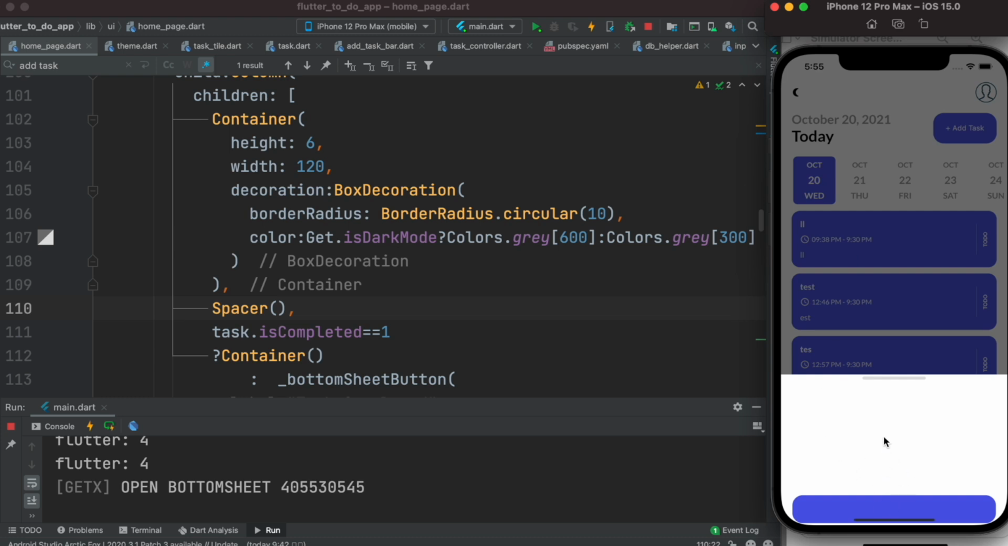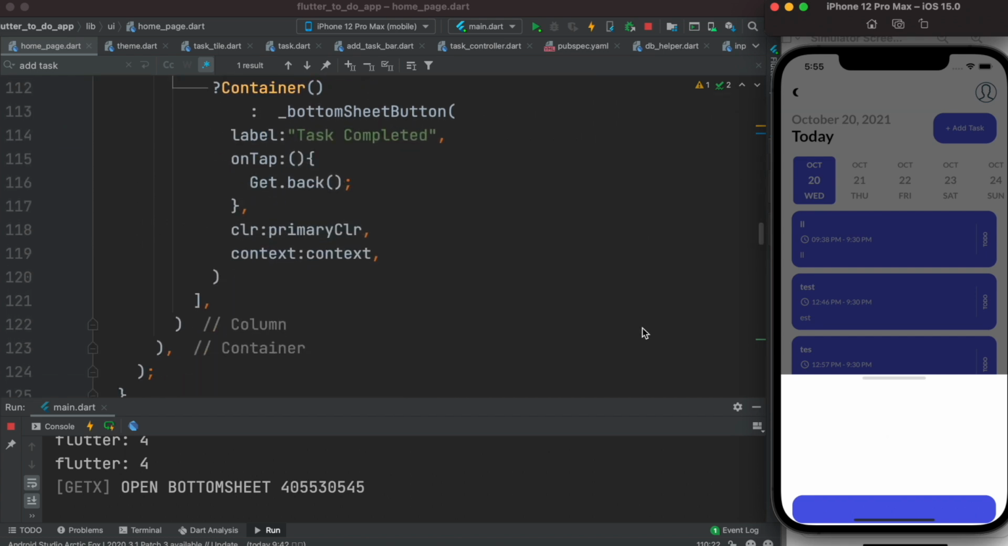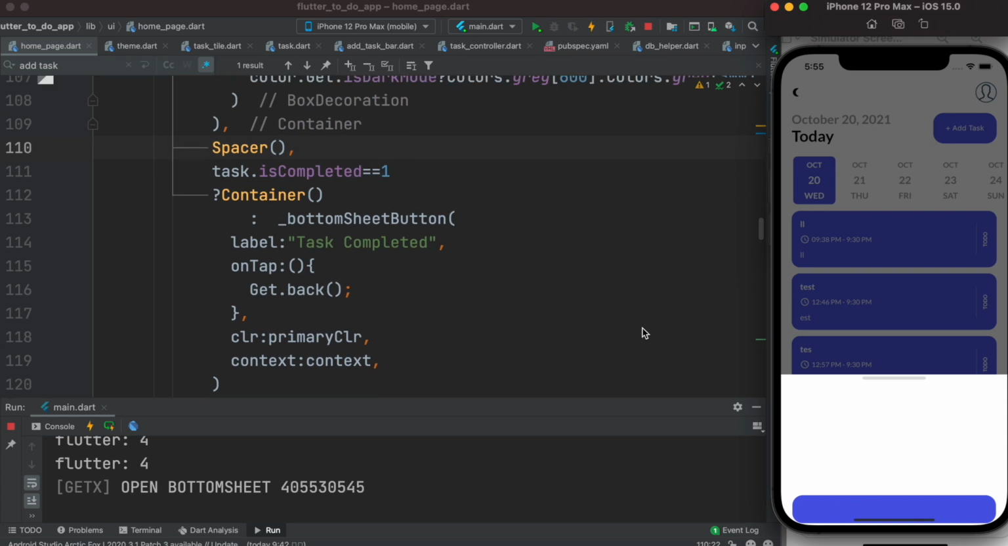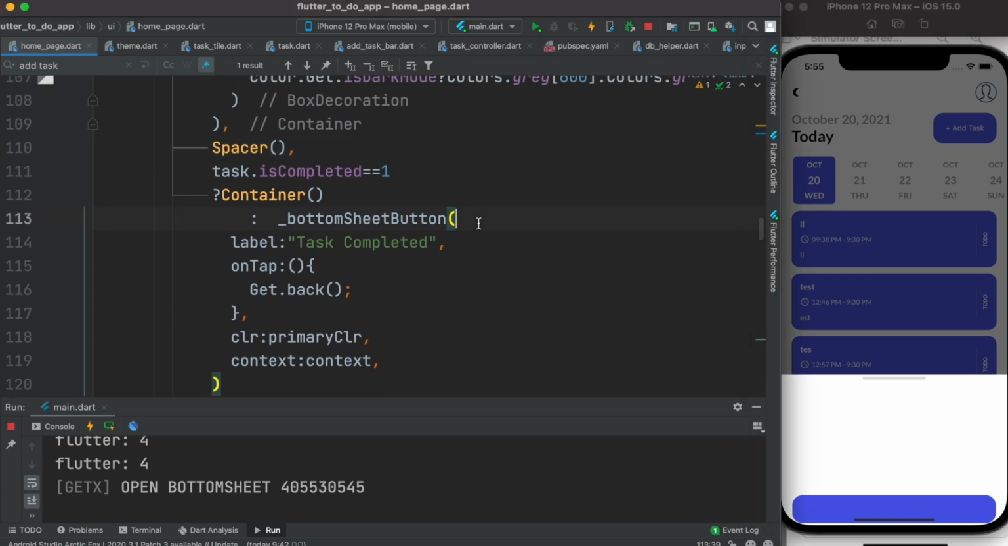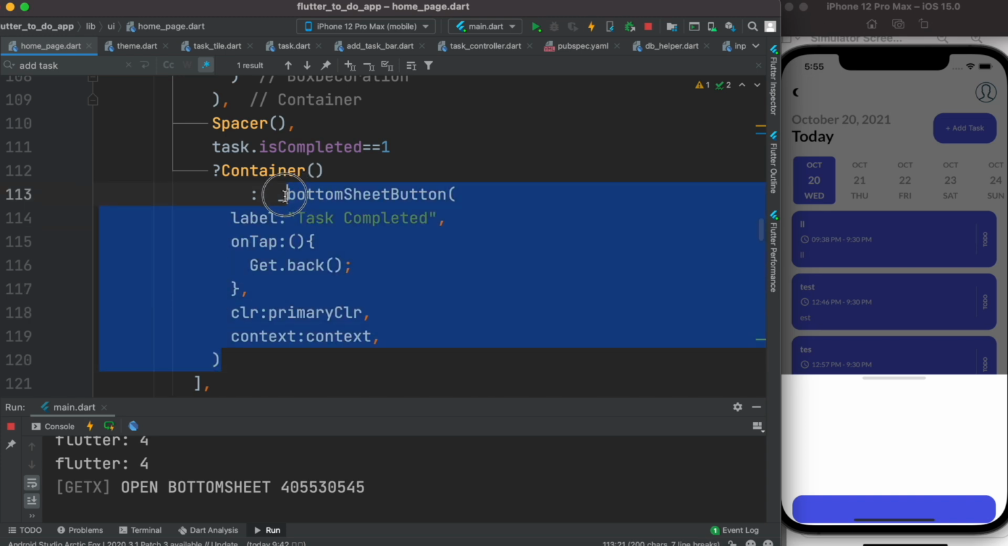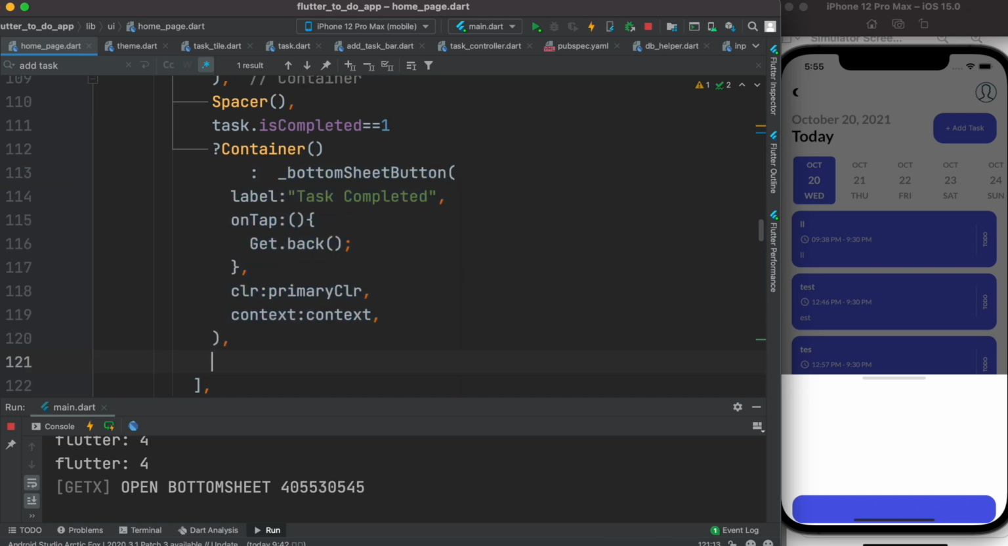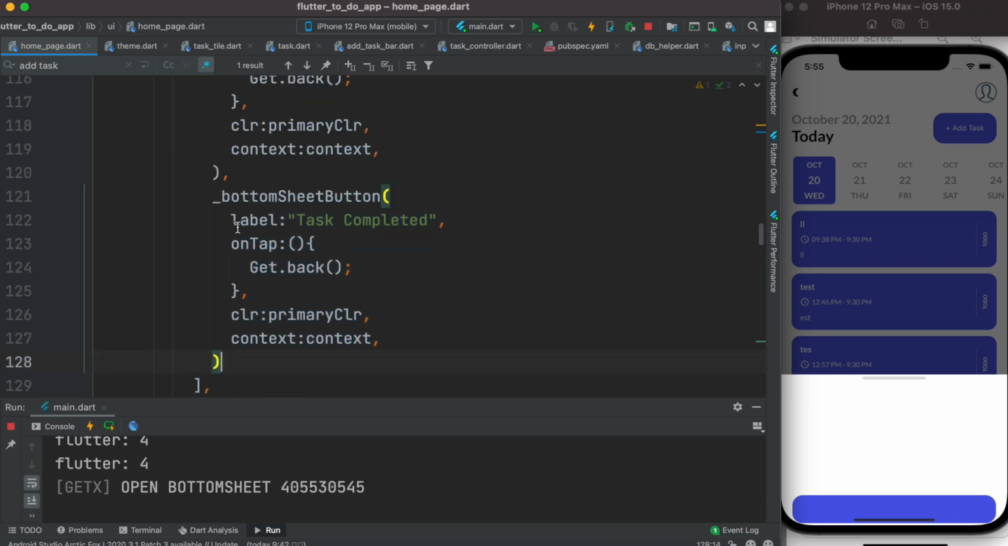Okay, so it came down because it's taking all the available space, but that's okay for now. It doesn't matter though. So over here we pass this bottom sheet. You can pass another one for the next button. So what we'll do is simply copy this one and put it over here, and before we